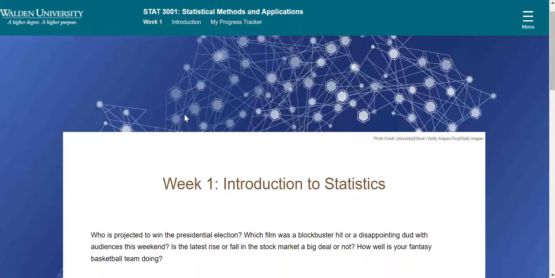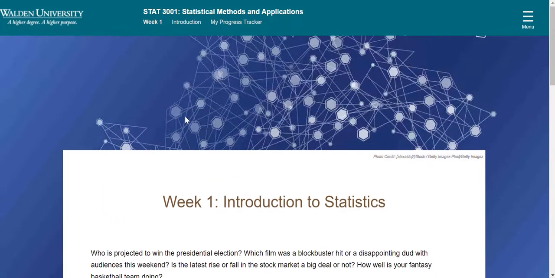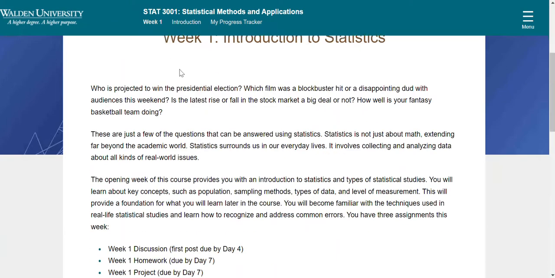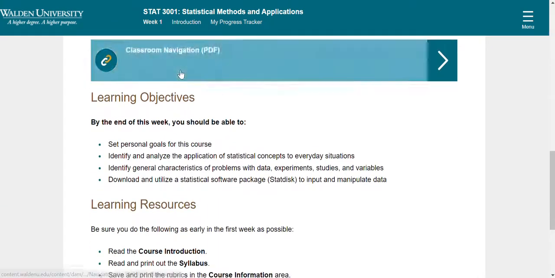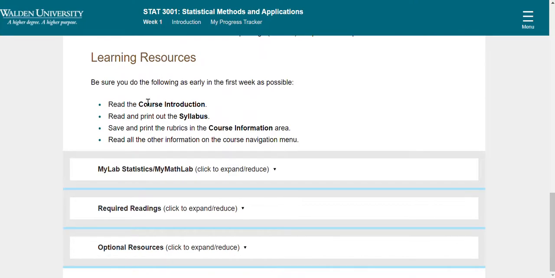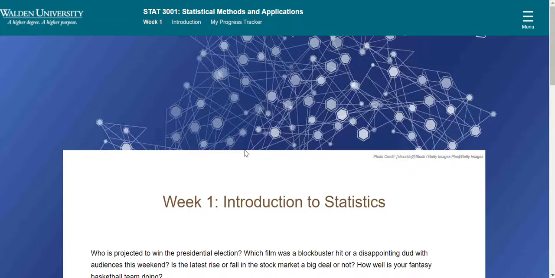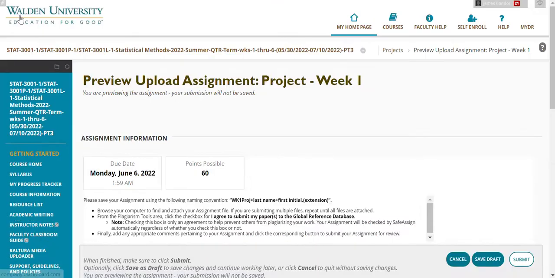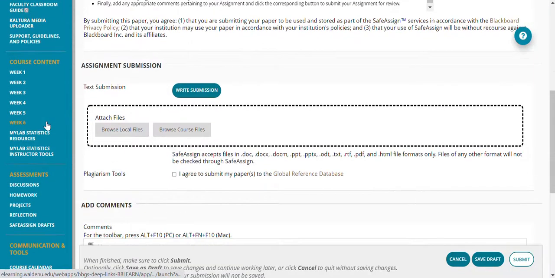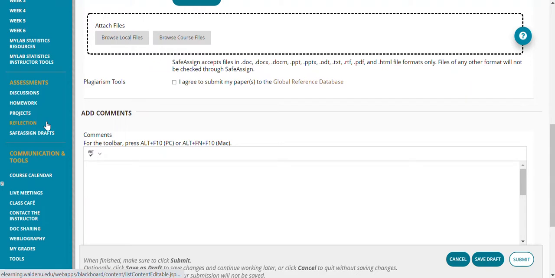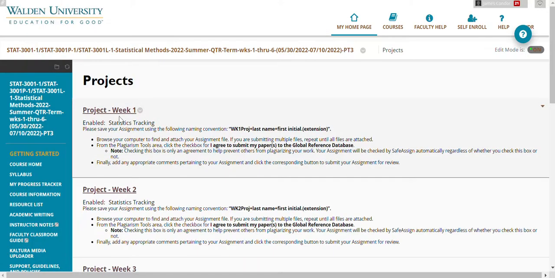on the left. And there's different ways that you can get in here. And the introduction's good, and the learning objectives and things like that. And those are all good things to look at. And then let's go back. And when you go to the, there we go, week 1 project,